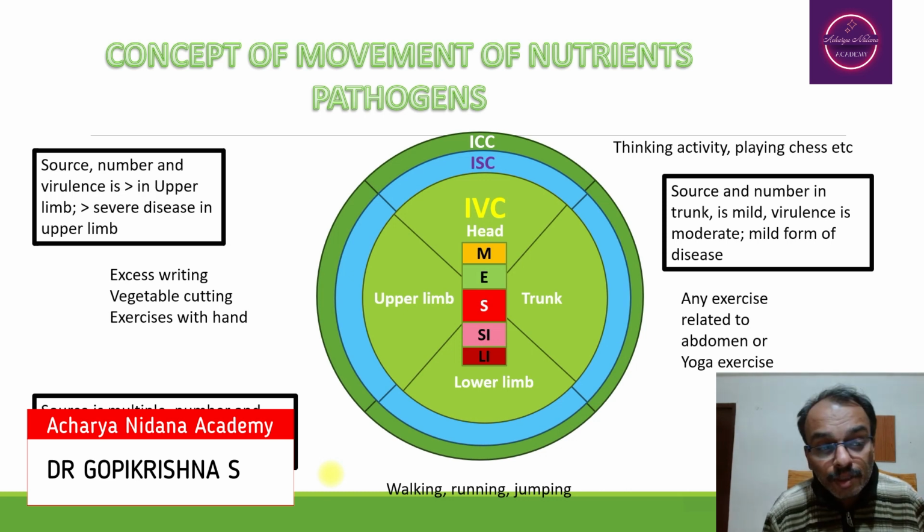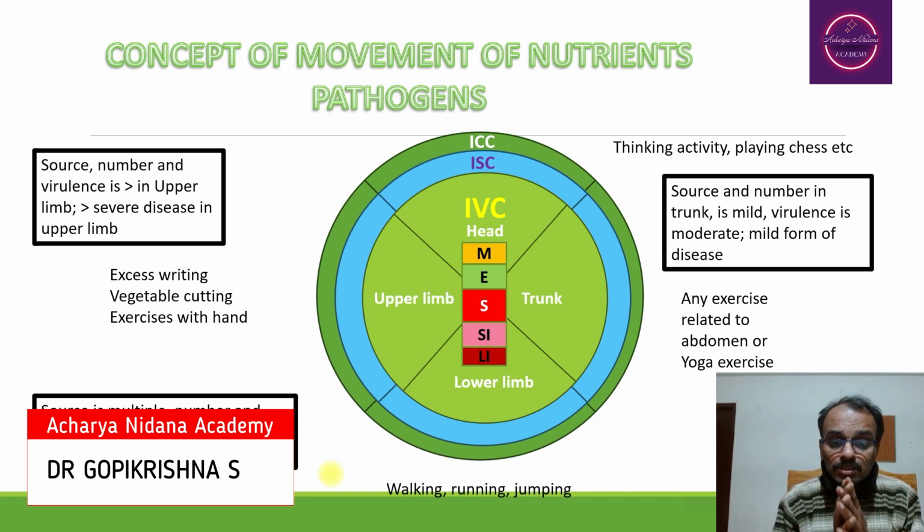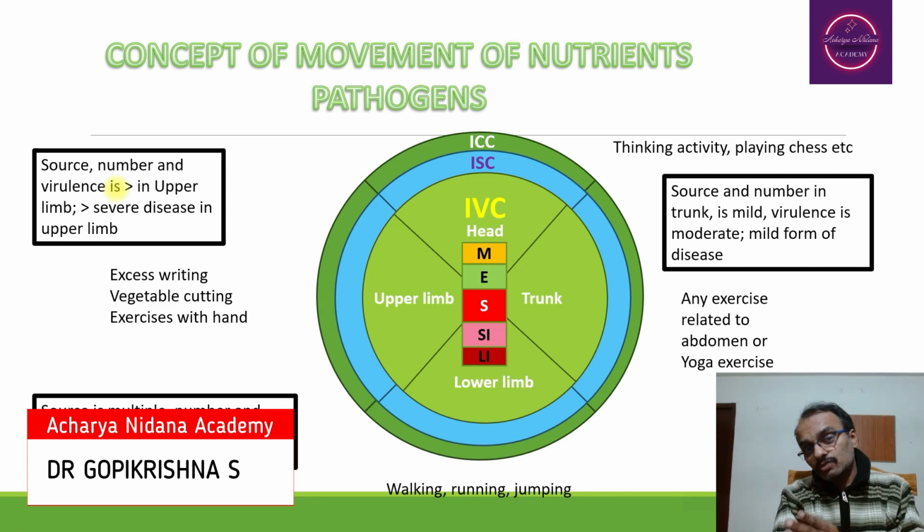Now let us look into this particular thing with a beautiful example. Suppose this is considered to be the human body, whereas the middle portion is considered to be the alimentary canal. This is the alimentary canal, and this is the upper limb, lower limb, trunk and head. If the source of entry of the pathogen is more towards the upper limb, for example, if there is trauma happening in the upper limb, there may be a possibility of a simple blunt injury, or sometimes a simple incised injury,